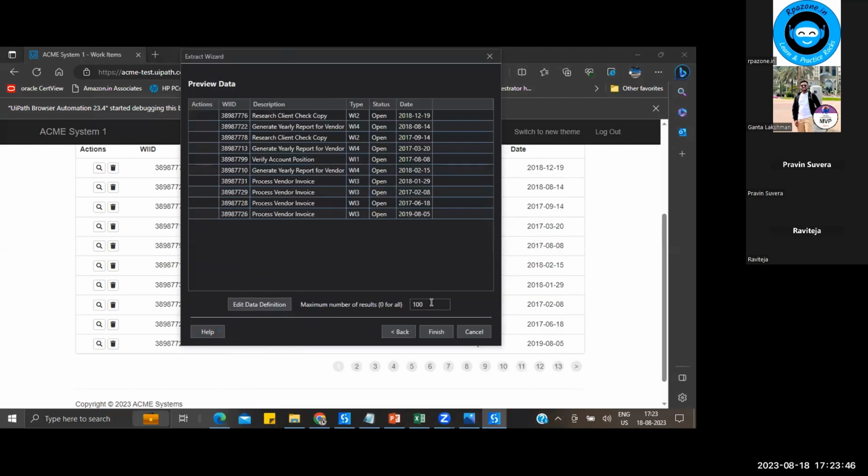Here we have one more option, maximum number of results. If you don't know how many rows of data we have, you can keep it as 0 if you don't know the exact number. If you know the exact number, you can define it. Let's say you give 100, but we have only 30, it will read only 30 rows. If you don't know the exact number, you can define it as 0, so it will read all the rows till the end of the file. Once you click on finish,